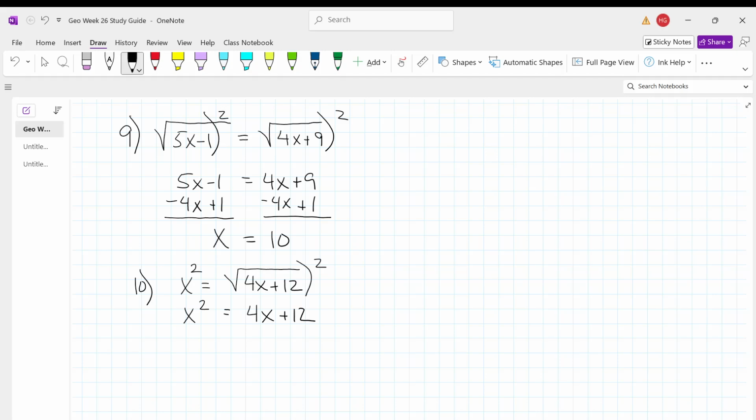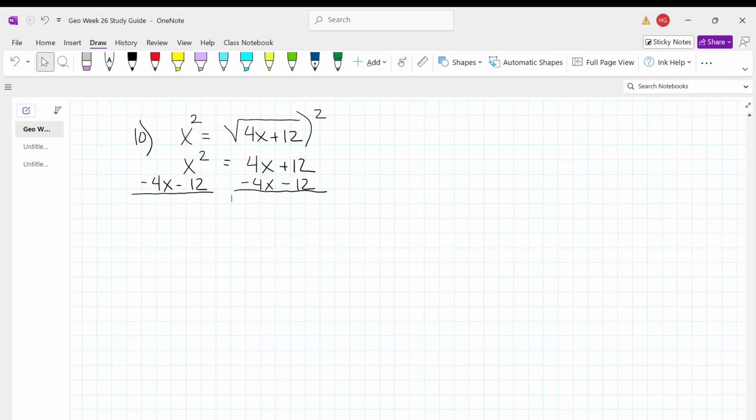And then we're going to move everything to one side of the equation. I want to keep this x squared positive, so I'm going to subtract 4x from each side and subtract 12. So what we get on the left-hand side here is x squared minus 4x minus 12 is equal to 0. So we're going to factor this trinomial, and it factors to x minus 3 times